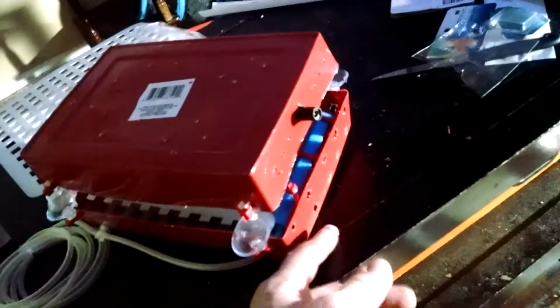So I'm going to go ahead and plug it in. But let's go see what it actually looks like against the glass first. So the only thing I would say, take off the sticker and maybe put a cool sticker on it. So this one